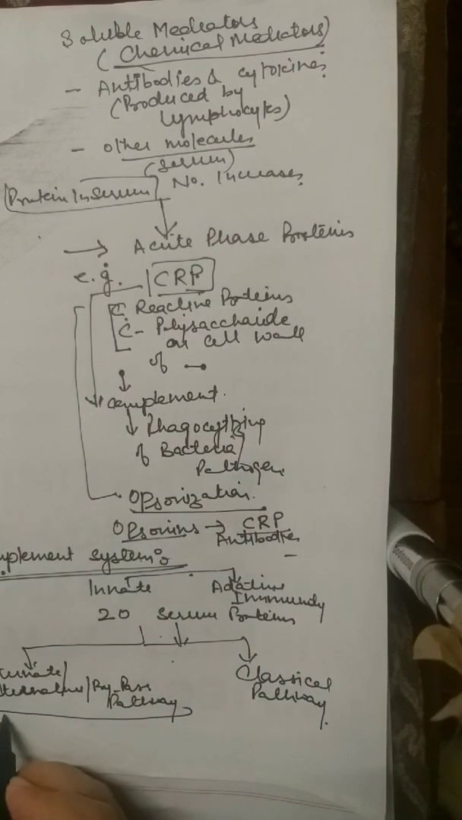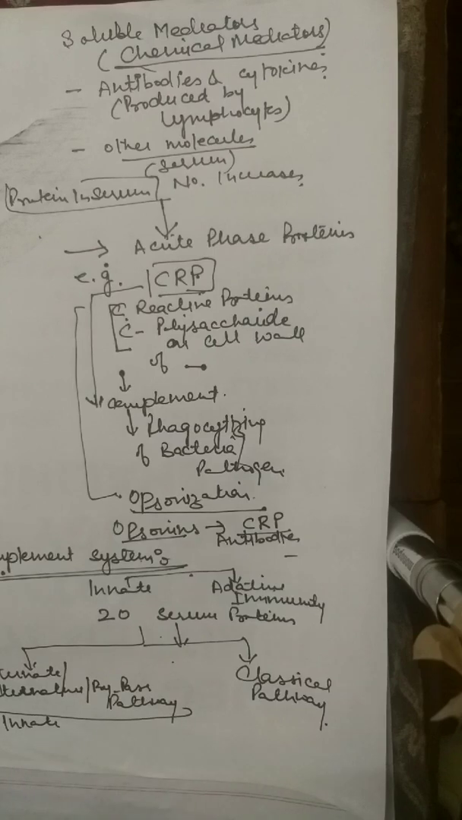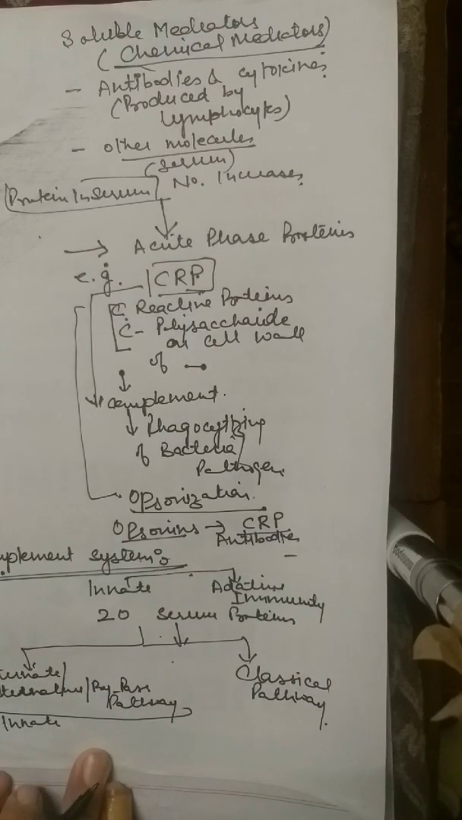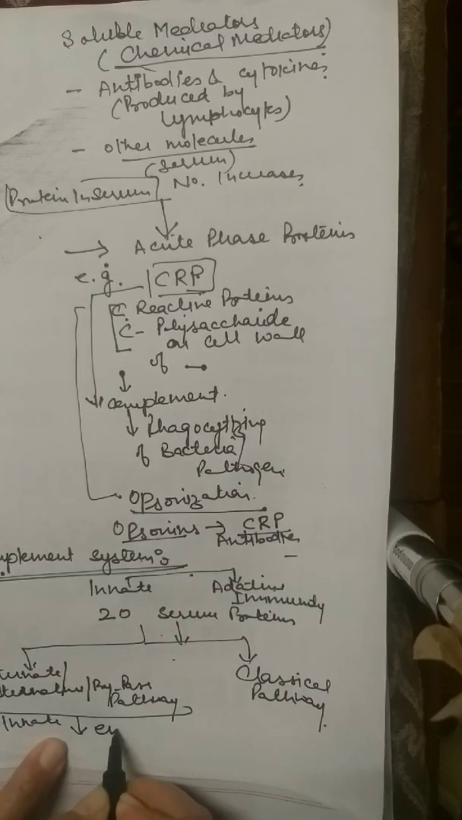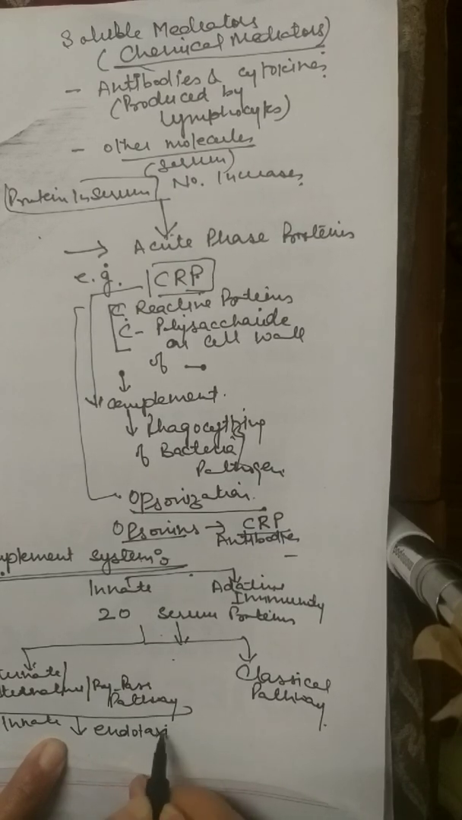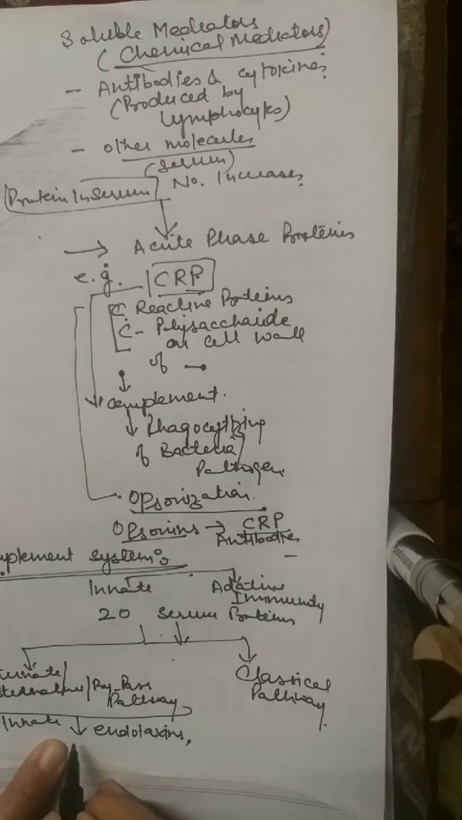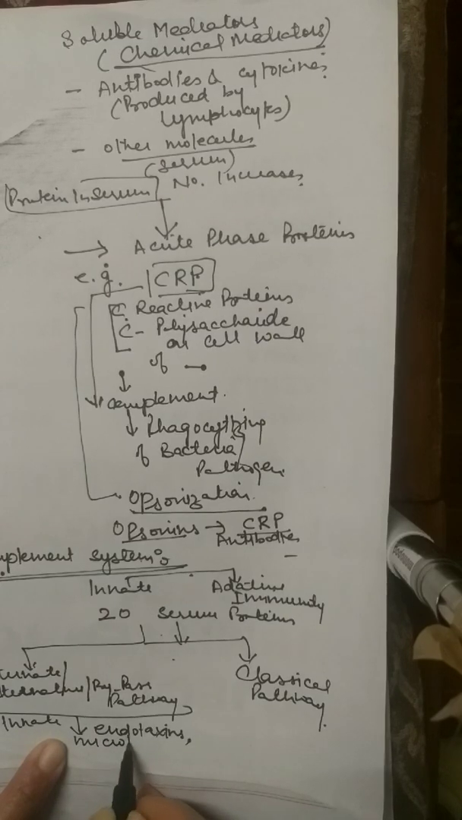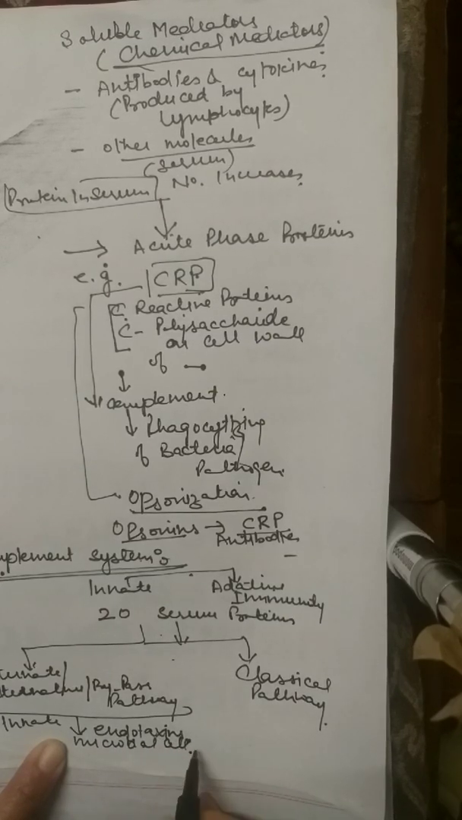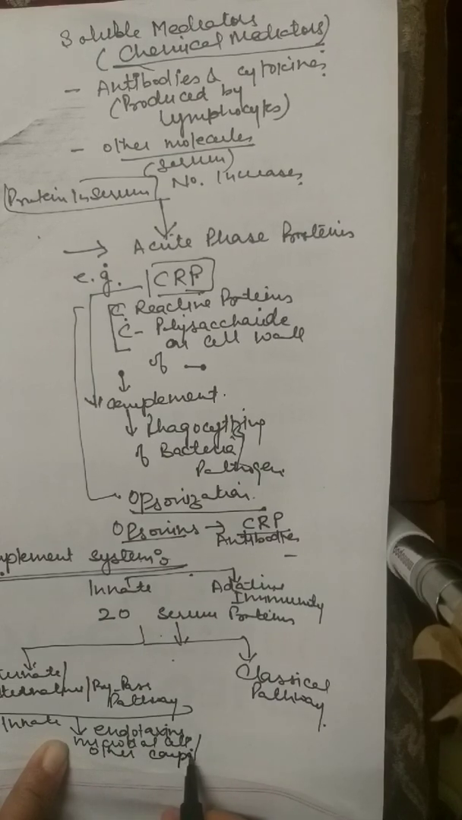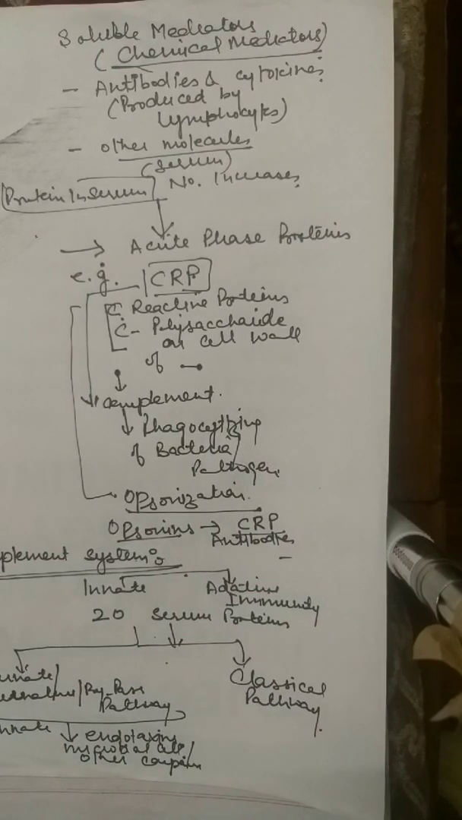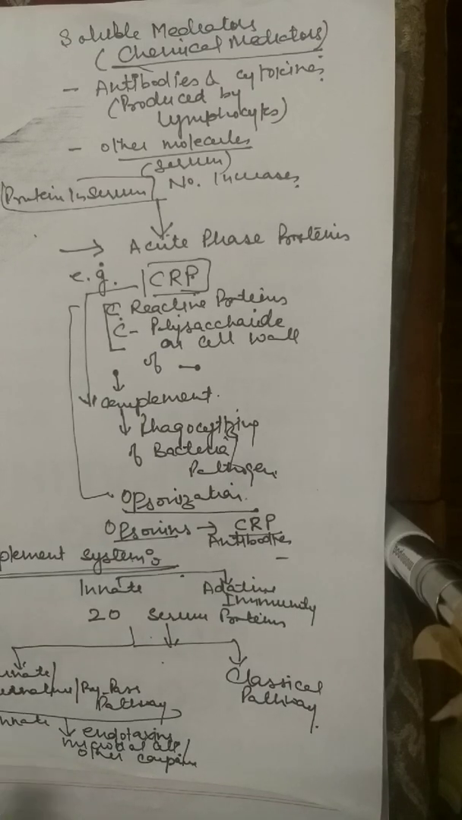This particular pathway operates in innate immunity. How is it activated? It is activated by, let's say, endotoxins, by components of the microbial cell wall, or other such components of microorganisms. And once the system gets activated,